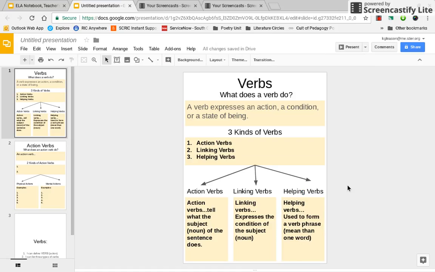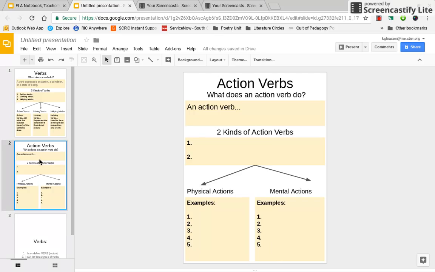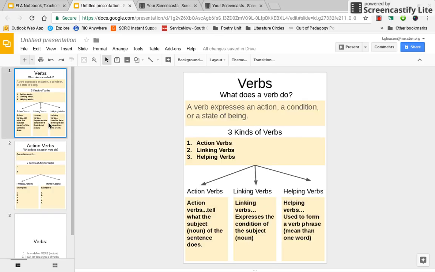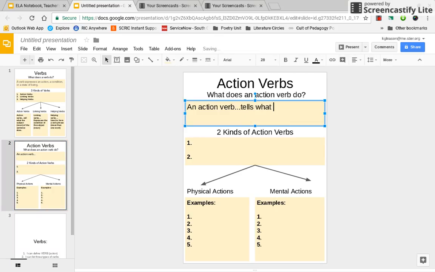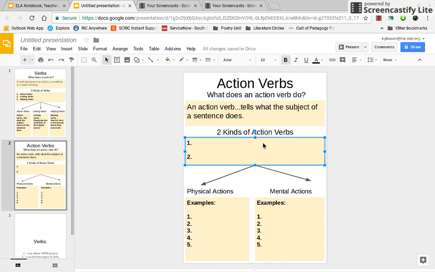So I'm going to go to the next slide, which is my action verbs slide. So what does an action verb do? I'm going to take this definition now and just focus on it. It tells what the subject of the sentence does. Okay, and again, the subject is who or what the sentence is about. So it's telling what they're doing. There are 2 kinds of action verbs. You can have